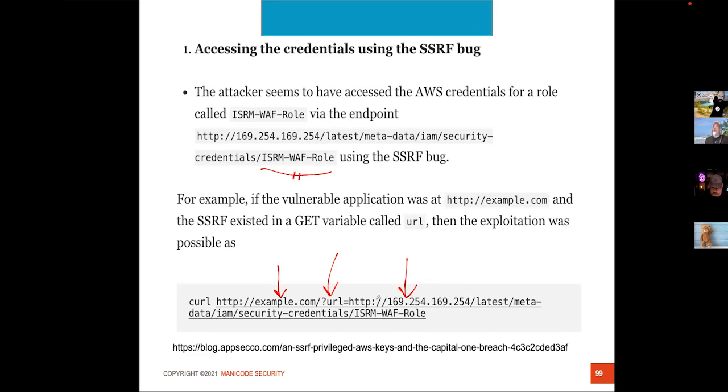That the cred file was embedded in the Capital One page that came back to the attacker. They grabbed those credentials and logged into AWS because they didn't have multi-factor, because they weren't NIST Special Publication 800-63 compliant. Boo. And they were able to log in, hit the S3 bucket, and steal 100 million credit card applications.